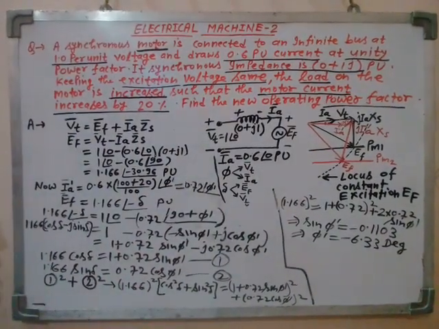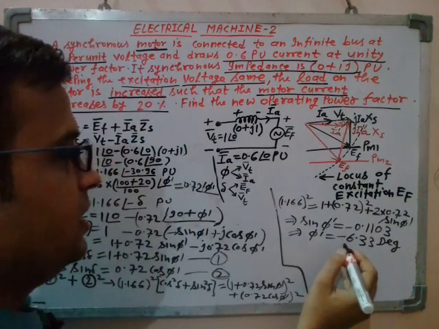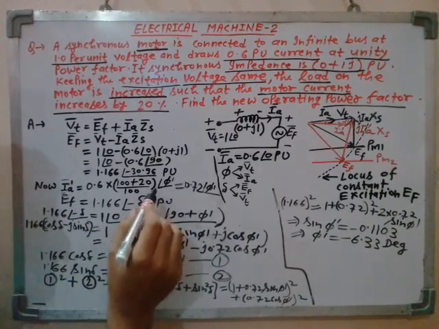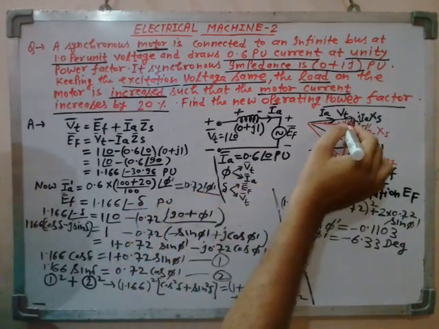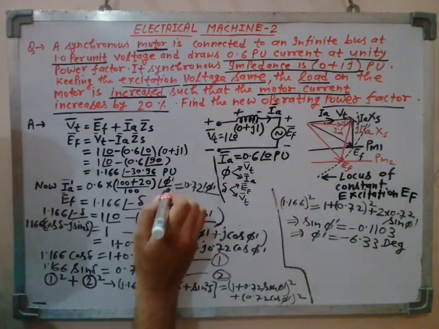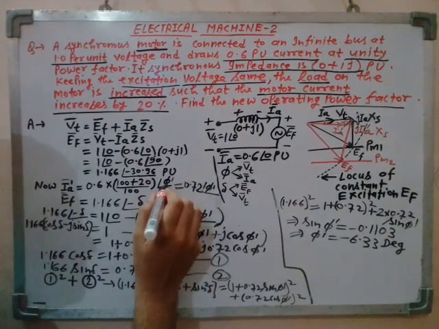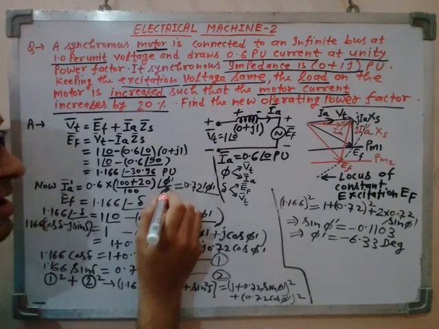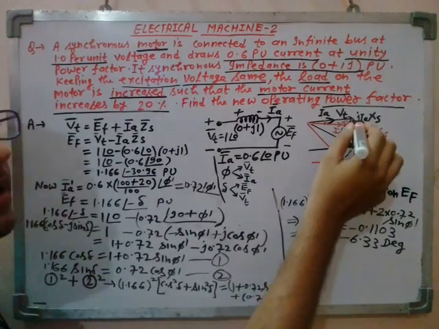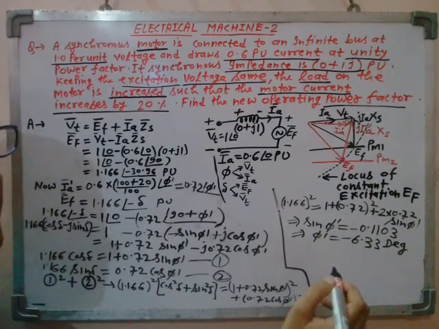So see here, power factor angle phi dash is automatically coming negative. You are using phi here with positive sign. Suppose you do not know whether the new power factor is lagging or leading. You do not bother about this and simply put phi dash with plus sign. If it is lagging power factor, it will automatically come with negative sign. Had it been the leading power factor, it would come with plus sign, right?